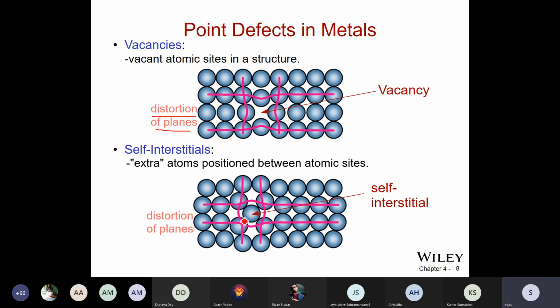Just opposite it, an interstitial. Self-interstitial means same material. It happens quite often. If you have a material in a nuclear reactor, highly energetic particles are bombarding it. So self-interstitial defects can generate in a nuclear reactor. And you see one additional atom is distorting the lattice. Here the lattice is trying to collapse, here it is trying to expand. So any defects, point defects, will introduce a strain in the system, which in turn will introduce the stress level and finally the energy level of the system.